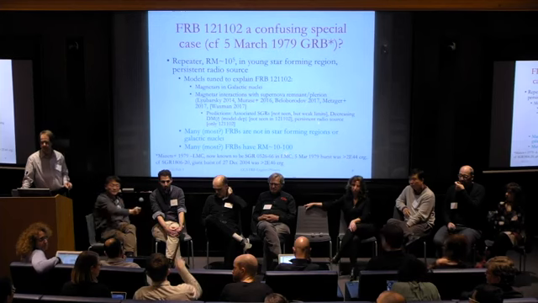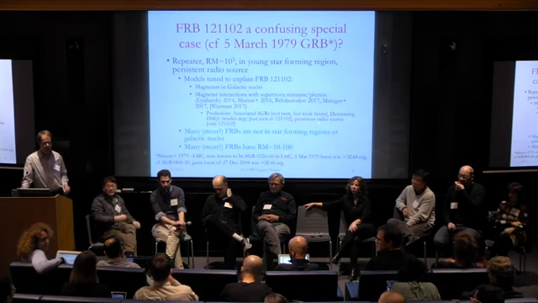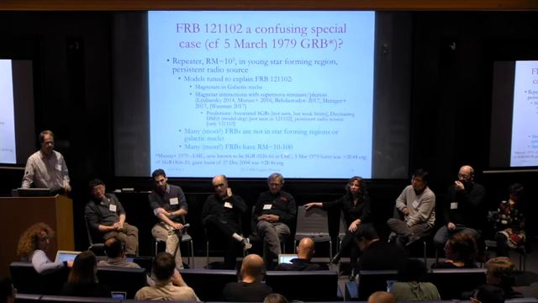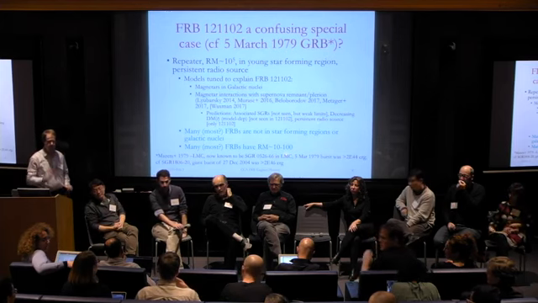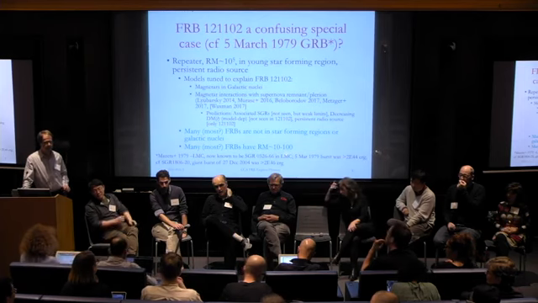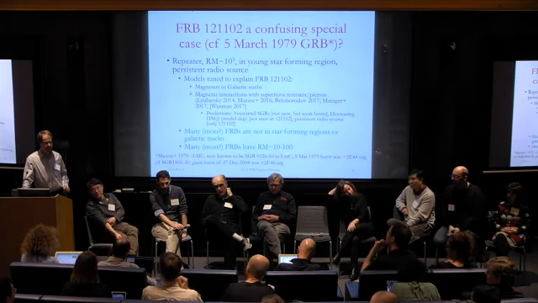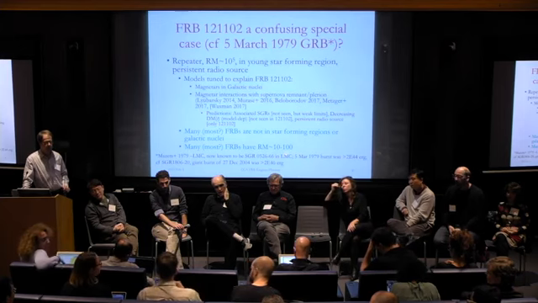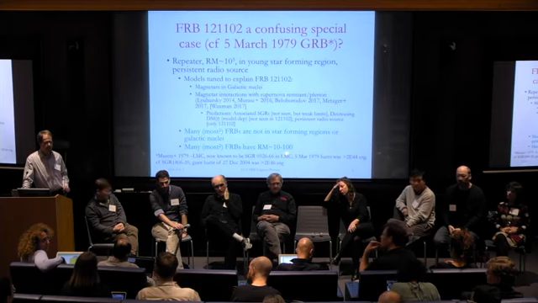On the topic of the RM distributions of FRBs, it's not as if there's one with 10 to the 5 and then the rest are consistent with the Milky Way foreground plus the IGM. The ones that are 100 or 500 or 200, like the GBT one, are inconsistent with the IGM and the Milky Way foreground, and they're very atypical. If you observed a pulsar in the Milky Way from a random angle, it wouldn't have an RM of 500 unless it were in a special place.